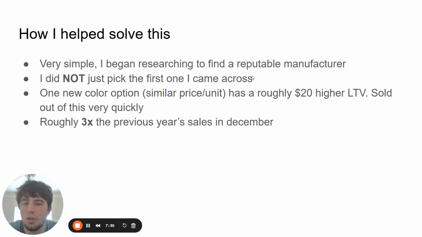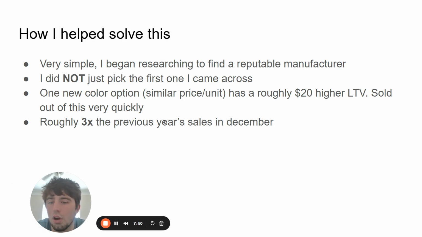So along with finding this much better manufacturer for these cup parts that we were having issues with, we also had the ability to offer a new color option. So we were getting the product for this new color option for a similar price per unit. It was relatively similar to the others in terms of pricing, slightly more expensive, but not a major difference. And we did run a buy two, get one offer for this, since we were charging more for this specific color option, with it being a limited edition color and us buying it in smaller quantities. So we did raise the price on this by, I believe, around $5.